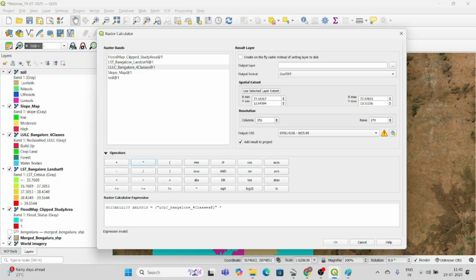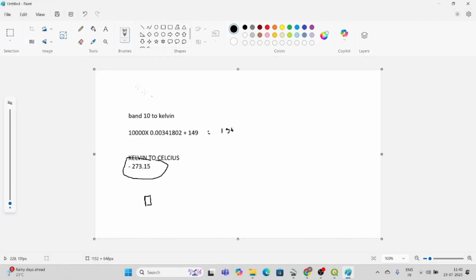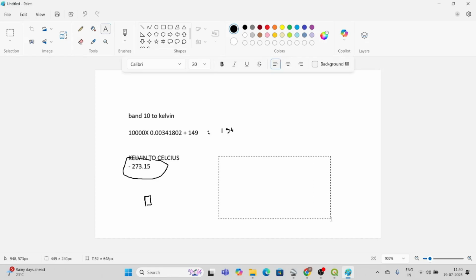I had created another table, which I can also show you. The first one is for LULC, and I'm using a weight of 30 percent. Slope I used 20 percent.